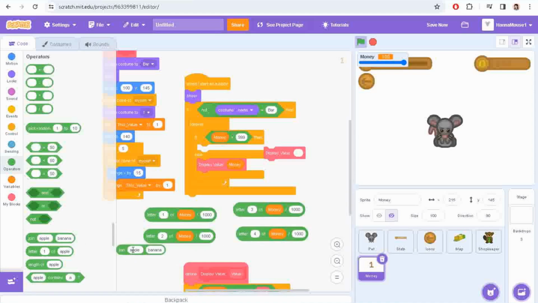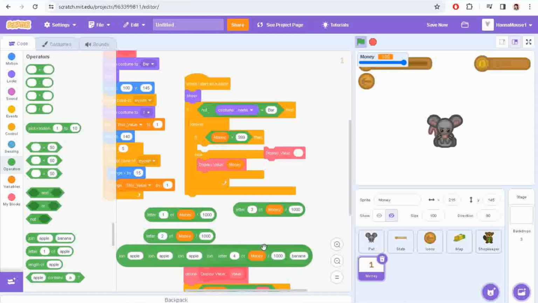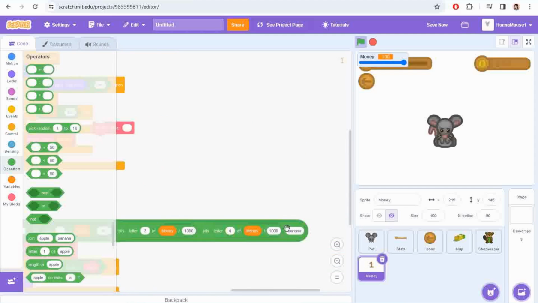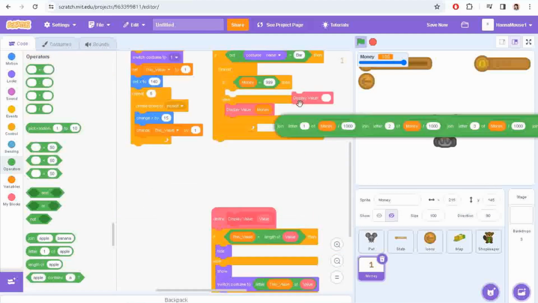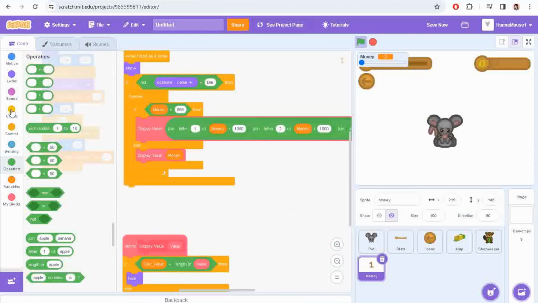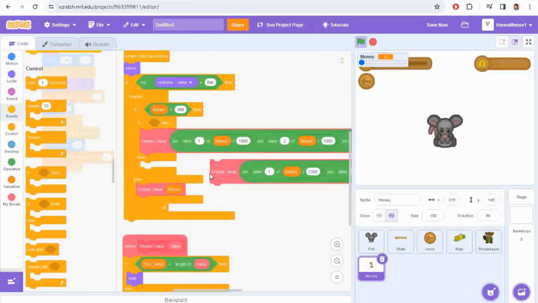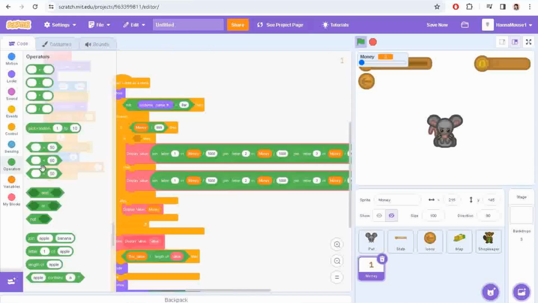Then take join operators and put one inside the other until there are 5 joined input spaces. Move the letter 1 block into the first space, the letter 2 block into the second, and so on, and set the final input to be K. Move this into the display block and insert that into the empty if statement. Encase this block in the if portion of an if else statement, duplicate the block and move it into the else portion. Set the condition to be letter 4 of money over 1000 is equal to a decimal point, and